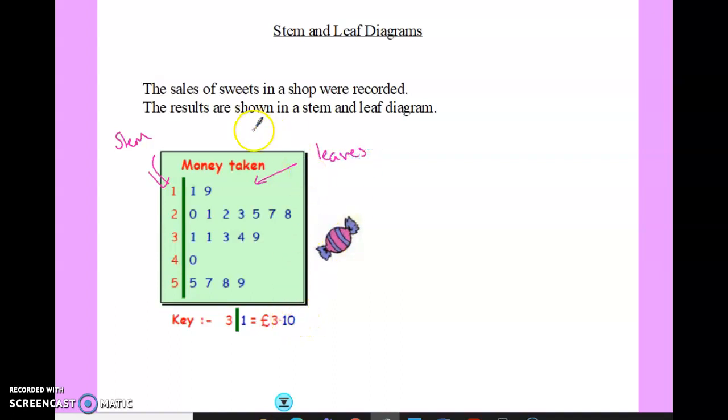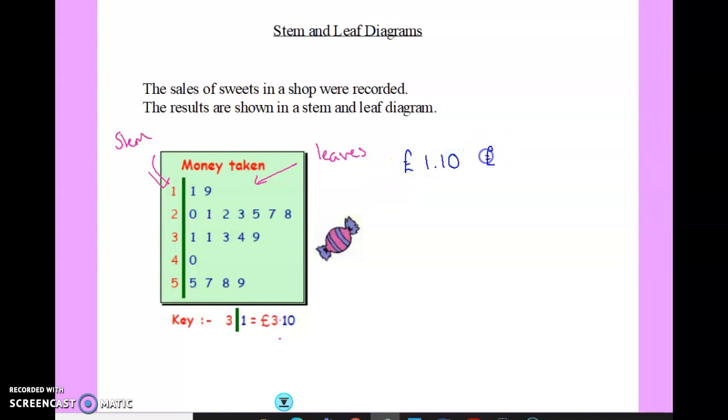A stem and leaf diagram should have a title, it should have a line between the stem and the leaves so we can tell the difference, and it should have a key telling us what it means. Now this is a way of organising information. So this did start off as a list of numbers, and just so we're clear, looking at this top line here, going by the key, 3 stroke 1 is £3.10, then that first one,